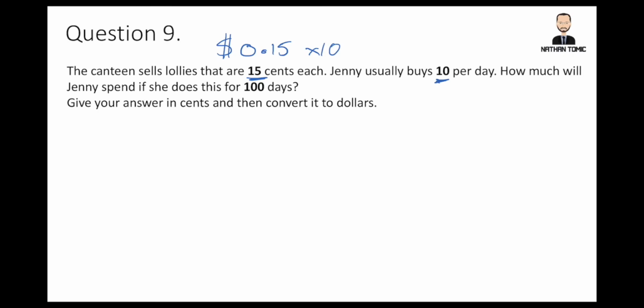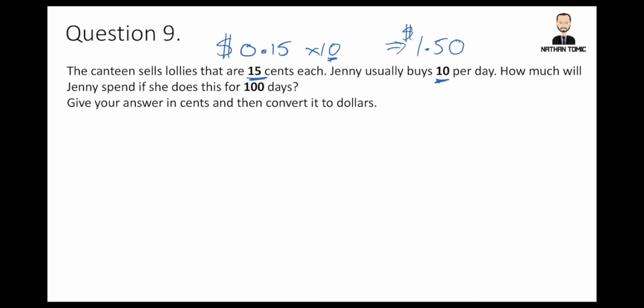She gets 10 per day. So if we do that, we've got 1 0 in the multiplication. So we're going to move our decimal place one spot to the right. So we end up with that being 1.5. Again, we should put the dollar sign back in. And because we are now talking about dollars and cents, we do always show two decimal places with dollars and cents. So what we have here is how much she has for one day. $1.50